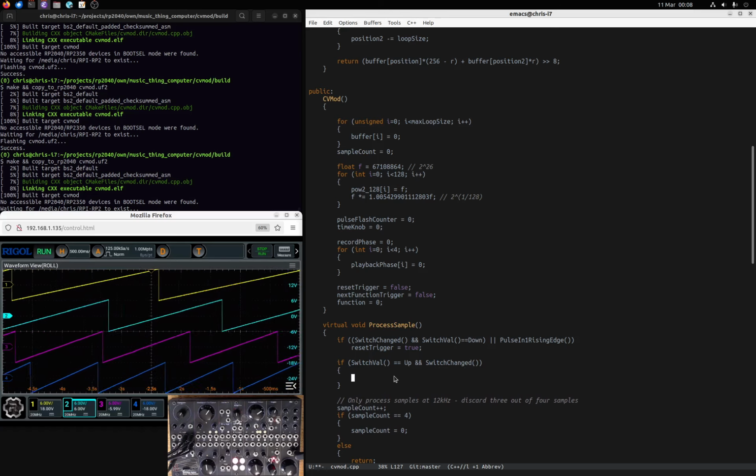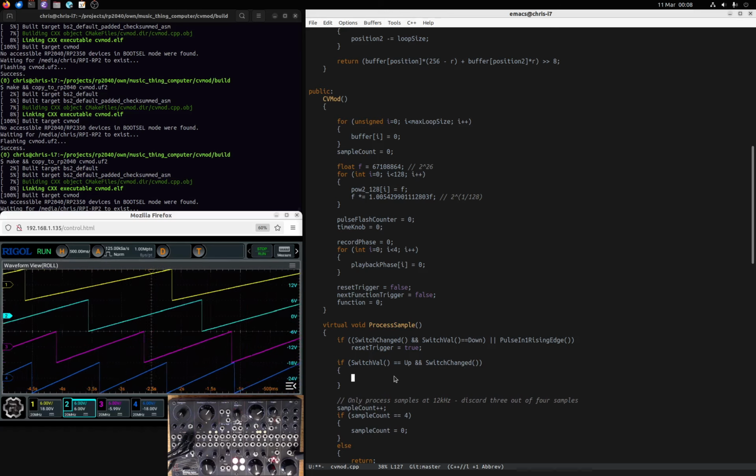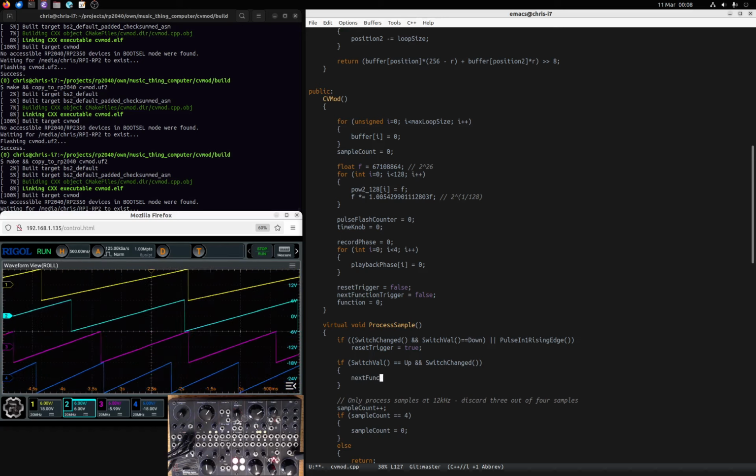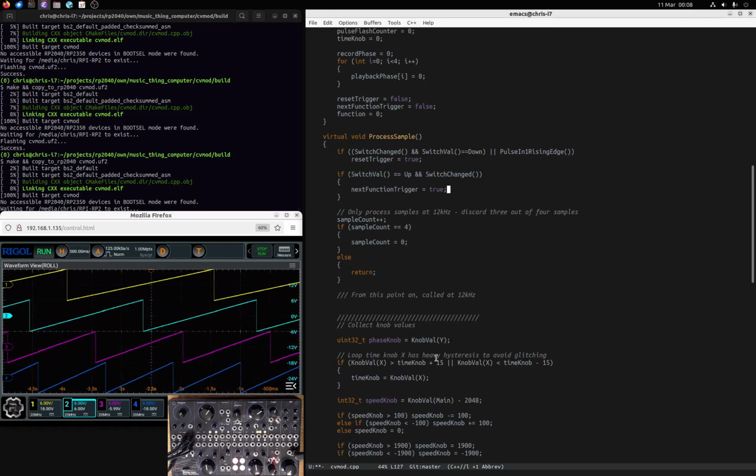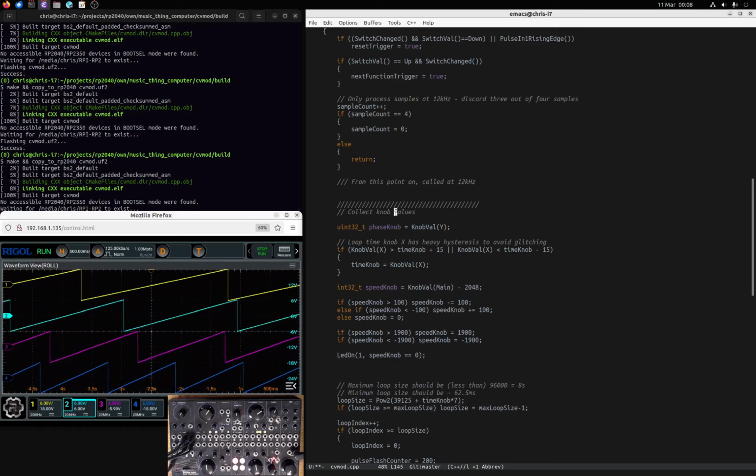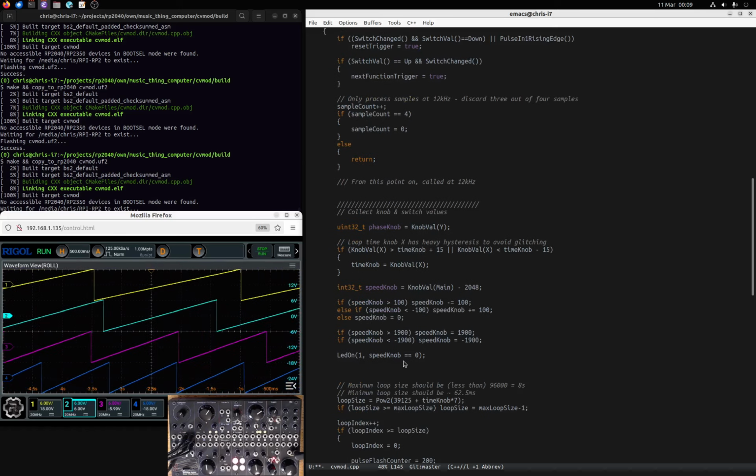We want to here set next function trigger is equal to true, and then when we're collecting the knob and switch values,